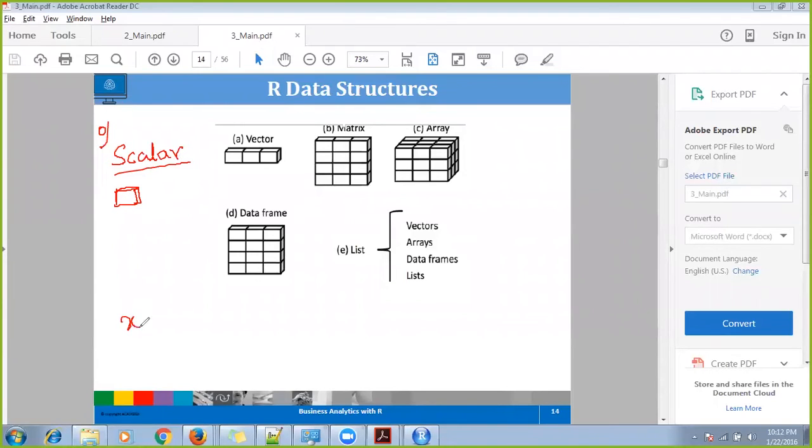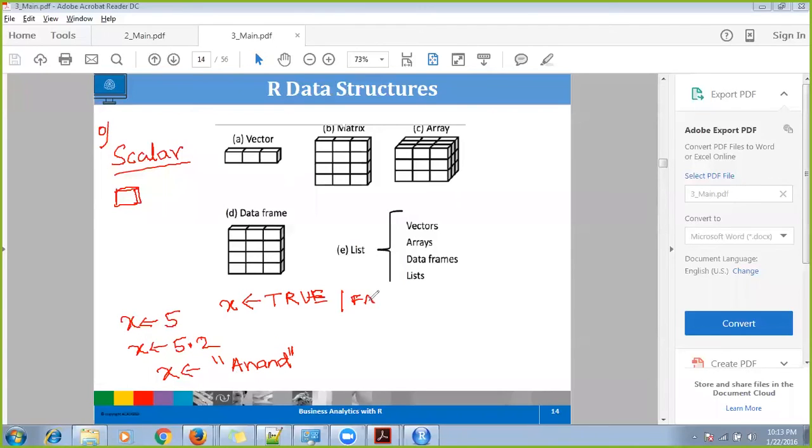Let's say x is a scalar. x can be 5, x can be 5.2, you can put a decimal number also. x can be something like Anand, a string, I can write a name also. I can also assign x to TRUE or FALSE.